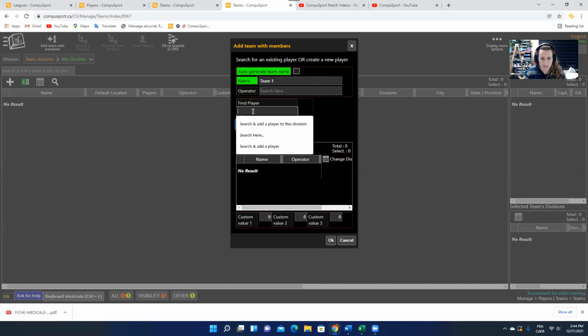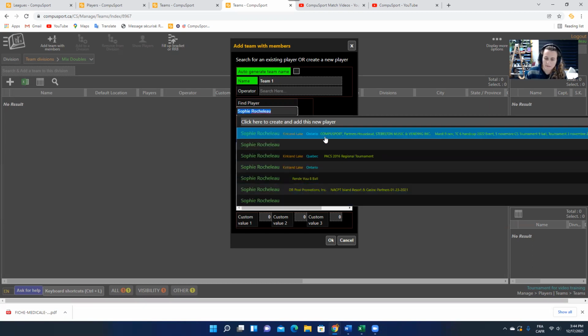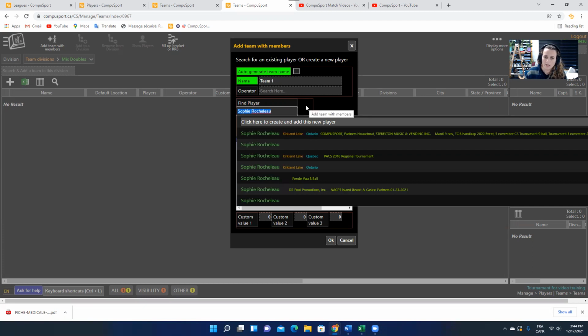Very original today. And then when I find the players, I type in the name. The system suggests some of the same names that it finds on the system. And then you want to find the best fitting. And if you're doubting that it's one of them, if it doesn't fit, then create a new one by clicking on "click here to create and add this new player." But if it's one of them, then just click on the best fitting one or the most recent, and then